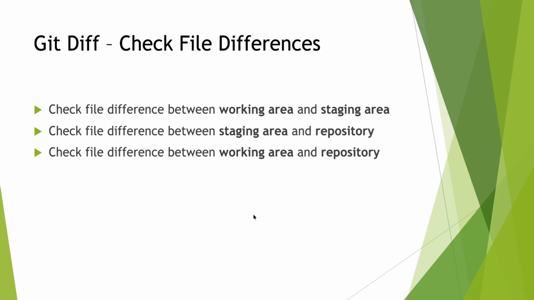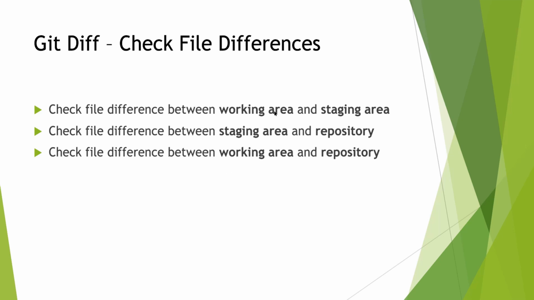So there are three different scenarios or situations where we can use git diff to know the file difference. So what are those scenarios? Let's talk about that. So guys, in one of my previous discussions where we were talking about git architecture or git workflow, we discussed that there are different stages we have to deal with when we work with git, right? First one is the working area, then the staging index, and then our repository. So these are the three stages. I have the diagram, I'll show you in a minute.